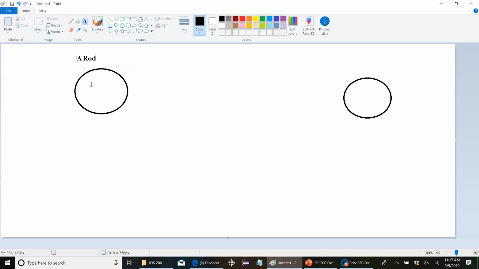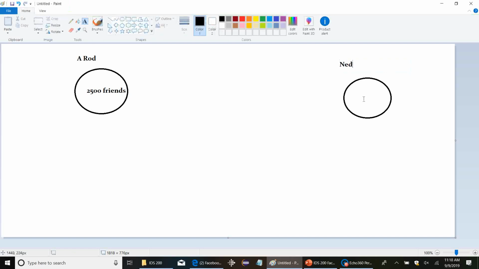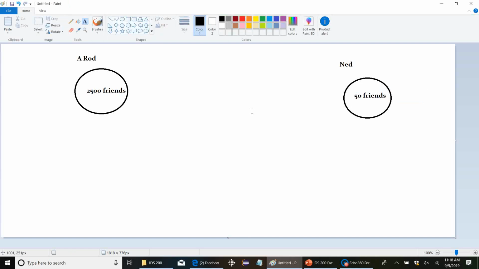A-Rod probably has 2,500 friends, right? And let's say here's a guy that I'll call Ned. I know a guy named Ned who does not have many friends. Let's say he has 50 friends, okay? And let me assure you, there's a reason why Ned only has 50 friends, and I'm surprised he has that many. But anyway,